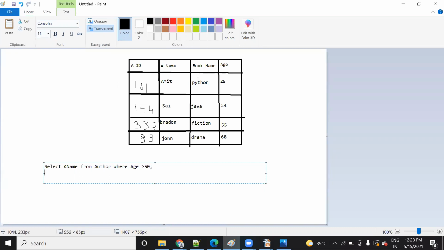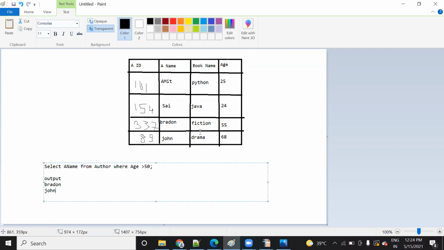Then it will give you which rows? It will give you Braden, and it will give you John. So the output will be what? Because you have written only the name, it will give you only the name. What names will it give you? Braden and John. Why? Because only these two are satisfying the condition. So when you run this query, you want to select only Braden, how, sir?